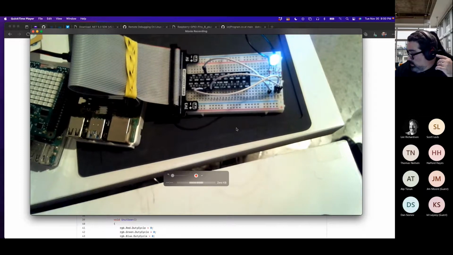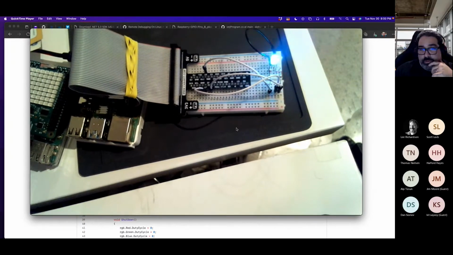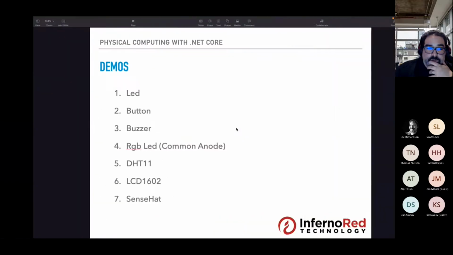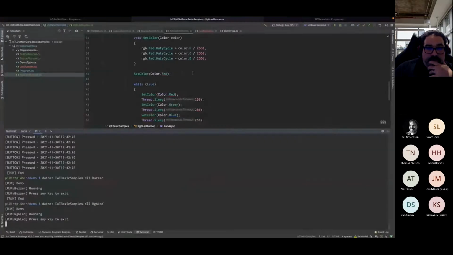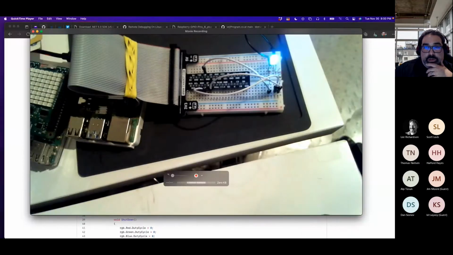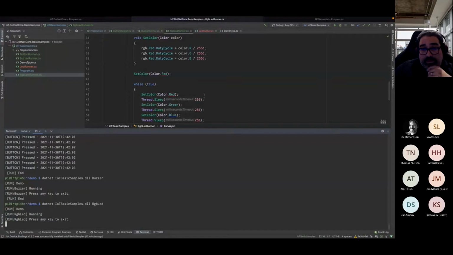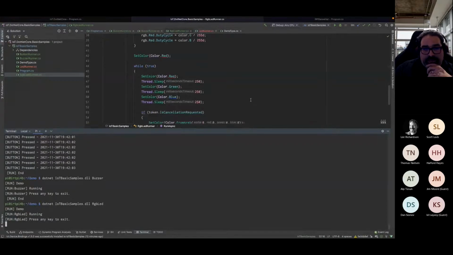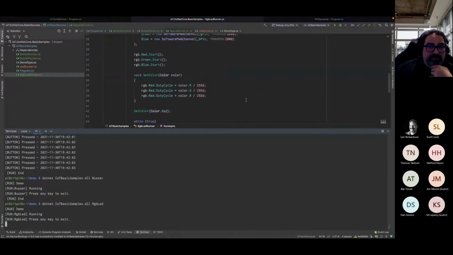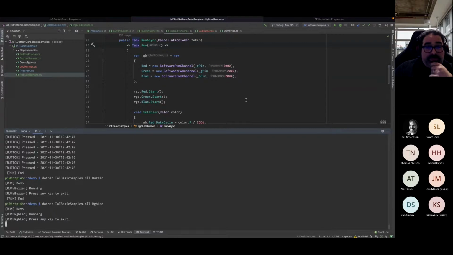Yeah, the colors don't come off as great over the camera, but it is oscillating between what would be red, green, and blue. On the camera, green and blue are too similar to actually be noticeable. But again, I did say at the beginning that I was surprised that Microsoft didn't have a device binding out of the way for RGB LEDs.